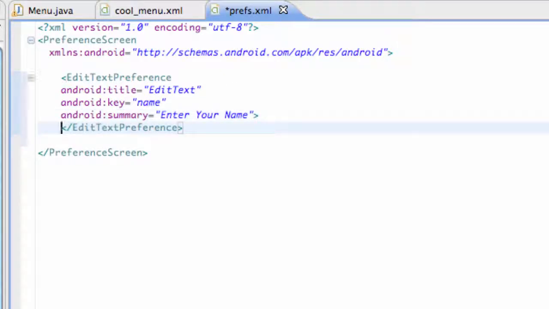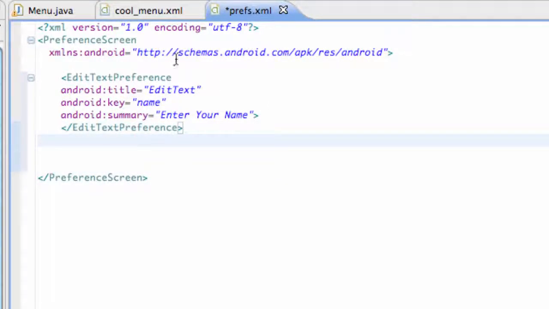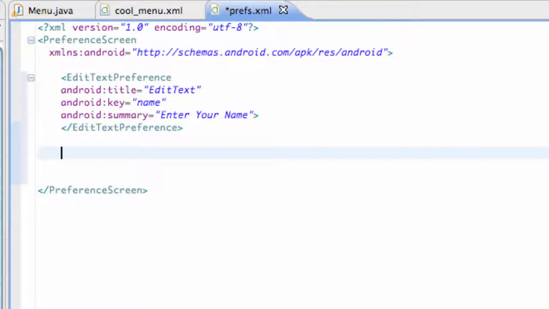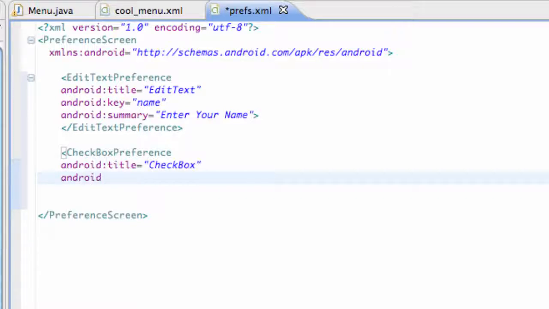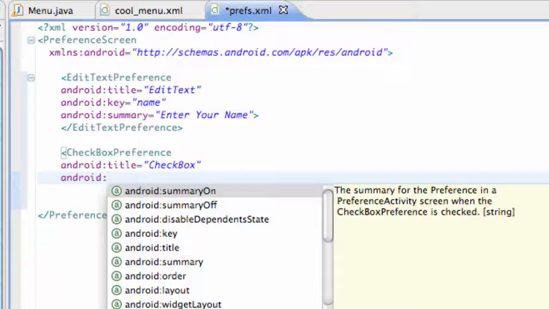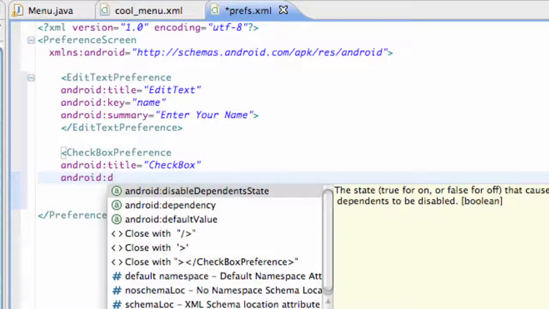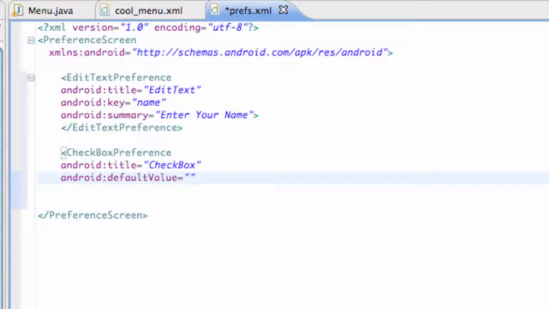Let's set up a new one. So, still within our preference screen, let's set up a checkbox. So checkbox preference, and we're going to say again android:title, checkbox, and android:defaultValue. We can set this checkbox to be checked when it starts or unchecked, so default value is what it's going to start as, and we can set this to true or false. So we're going to say true,